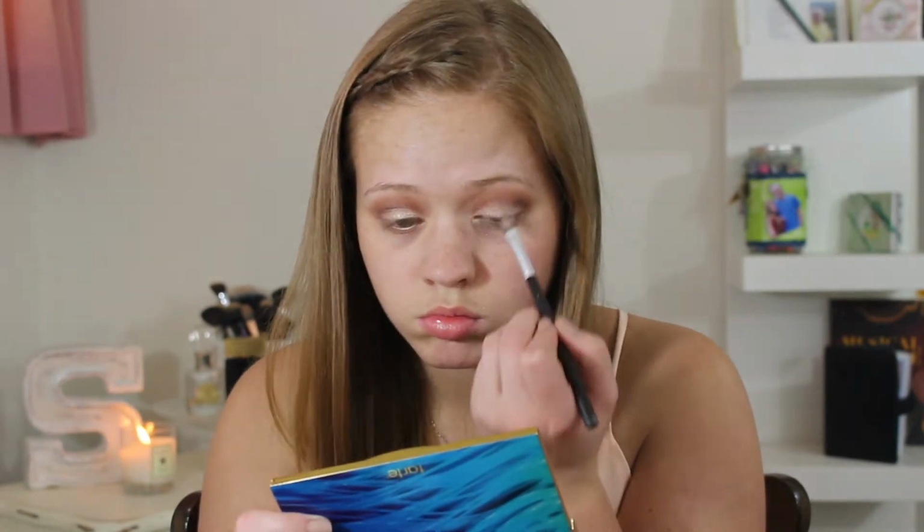They're so shimmery, and they just pack right on the lid. So I'm just gonna go in with that, using a regular shadow brush, and just pack that all over that color. And now I'm using another blending brush just to blend it out because you can't have harsh lines like that. Alright, now that the eyes are done,